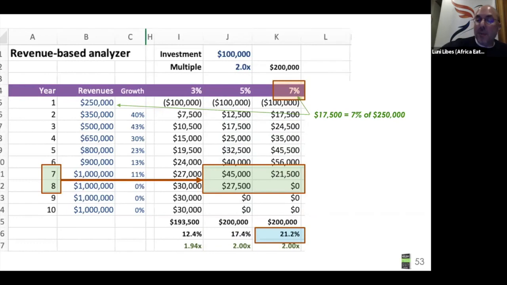Now, do note, when we say we're taking off of top line revenues, there's a long discussion on why that is. We'll see if we have time for that. If we're taking 5% of top line revenues, then we're really taking 5% of net margins as well, taking 5% of the profits. So if the company isn't earning more than 5% on the bottom line, then you're taking all the profits or more than all the profits. So to keep in mind how profitable these companies are, 7% starts to be a lot, right? You need a company that's having like 21% net margins, so you're only taking a third of them, right? If they're only making 10, you're taking too much. Anyway, so 7% gets us paid back.